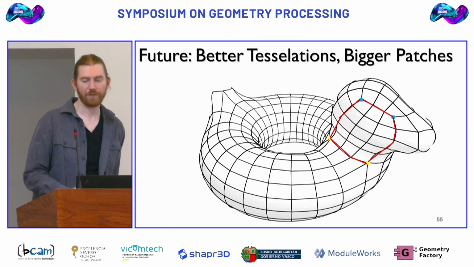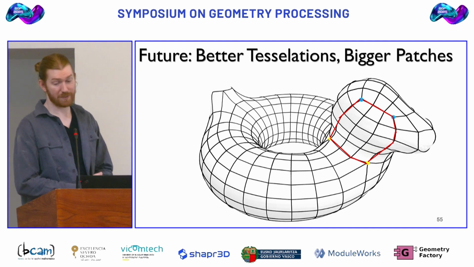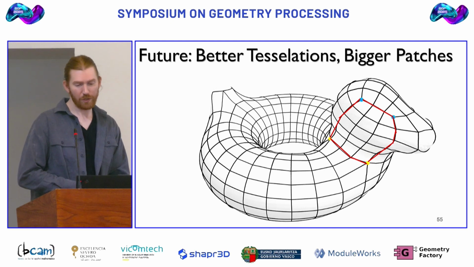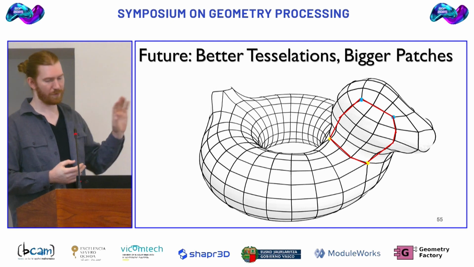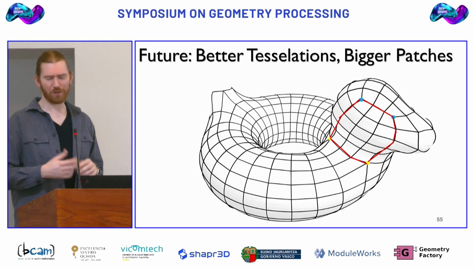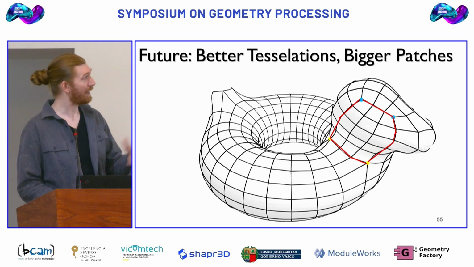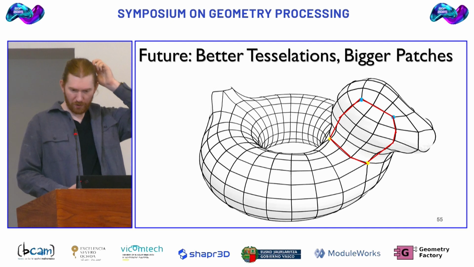So to finish, and as a motivation for the next portion of the talk, I'd like to actually talk about some limitations of this work. So you might notice that the quads used in this remeshing are a bit smaller than they really need to be. In an idealized version of the system, you could